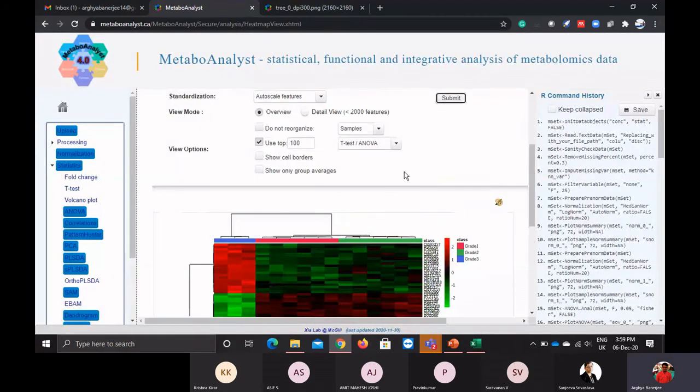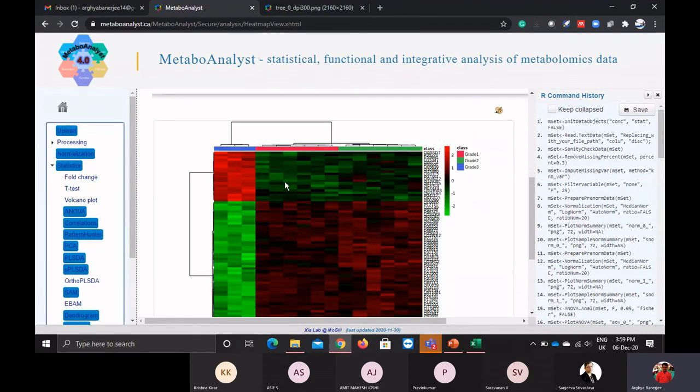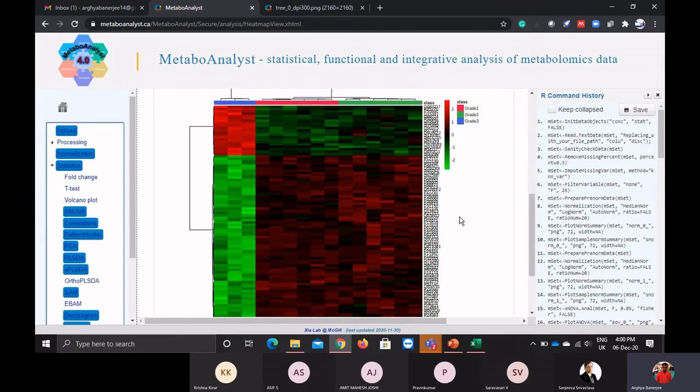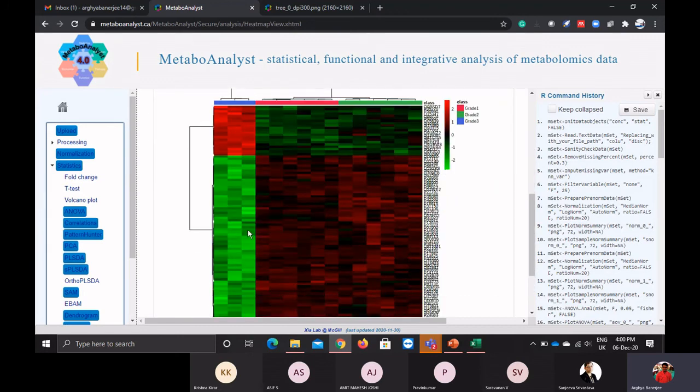on the basis of clustering. See, so the red ones are highly distinct in grade 3. Here you can see the values, you can take it as down regulated or up regulated based on the hierarchical clustering value. So -2 is not present, or absent, or very poor progression, and +2 is very good. These are based on the eigen vectors and also the z-score transformation. So if I am taking the top 100 features, these are my top 100 features which are clearly able to distinguish in the heat map.